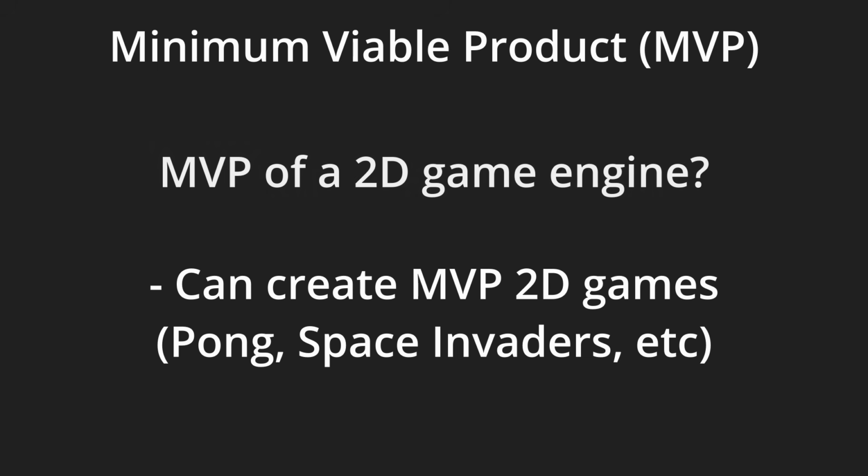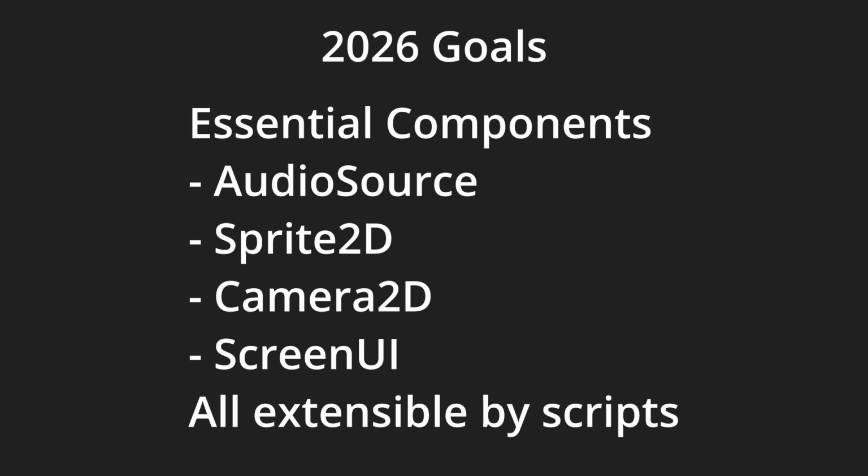Well, at least we will need some components, like you will have to play audio. We already have the audio source component. And of course, we would like to put some pixels onto the screen, as if the screen is a 2D canvas. I'm working on the Sprite 2D component right now. And finally, we will have some kind of screen UI subsystem, so that we can design our in-game UI on the screen. There's also world space UI, but obviously that's not within the scope of a bare minimum game